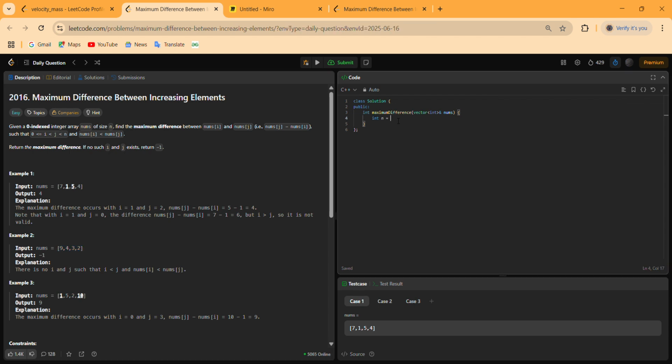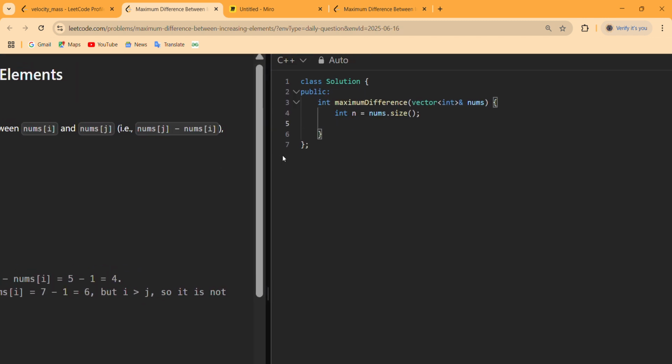Let us first take the size of this nums array, and then we have to declare our result and minimum number till any index as integer max.